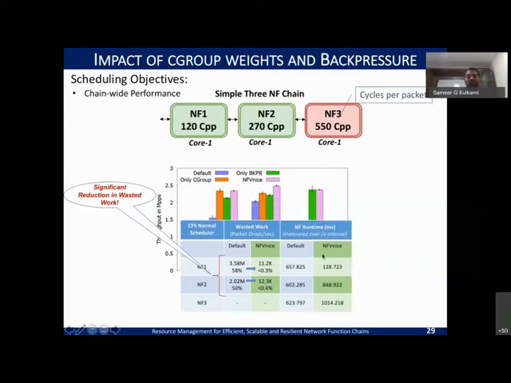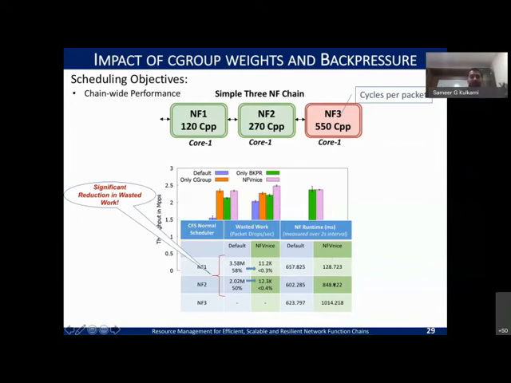And you can see how the runtime of the NFs behaves. If you take just the default scheduler, it was apportioning equally. Now with our CPU share mechanism and back pressure, we are making sure that the apportioning of the CPU cycles is more or less in the order of their requirement, in terms of how many cycles per packet they need and how many packets they need to process. It is strictly coupled with this number.